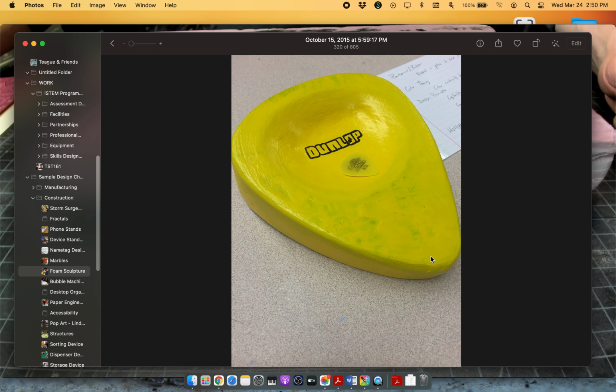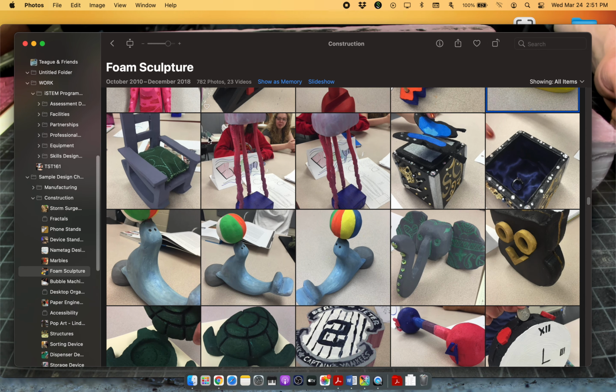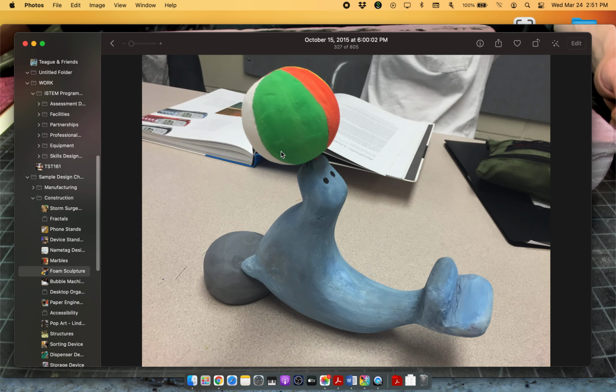I love this one. It's really simple because it doesn't have multiple parts or components to it, but it's a giant sculpture of a pick that you can hold multiple guitar picks inside of for easy access when you're jamming. Even making the ball here, you'd think, oh, it must be complicated. That from a rectangular piece of material, that ball could be sanded down in just a matter of minutes,